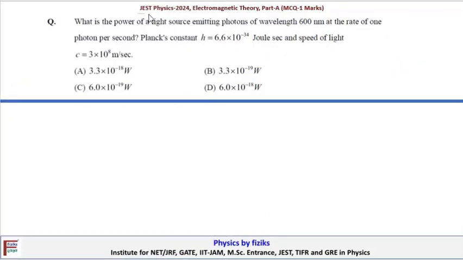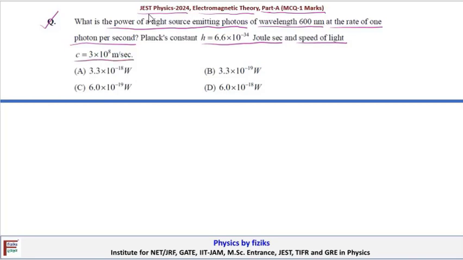So it's a JEST Physics 2024 Electromagnetic Theory Part A MCQ 1 marks question. In this question it is given that we have to find the power of light emitting photons of wavelength 600 nanometer at the rate of 1 photon per second. Planck constant h is given in joule second and speed of light is c. So we know that